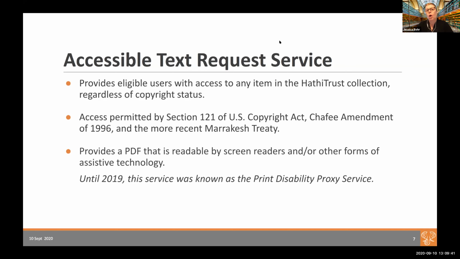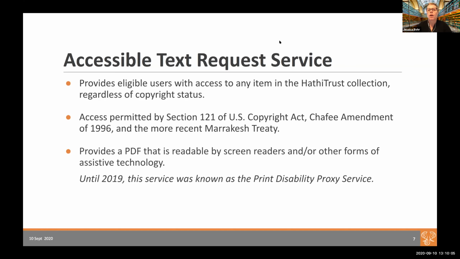So for all of these reasons, we are able to provide access to items in the corpus, even though they are in copyright. When an authorized user from a member library accesses a title, what they get access to is a PDF that they can then either transfer into another format or use directly with some form of assistive